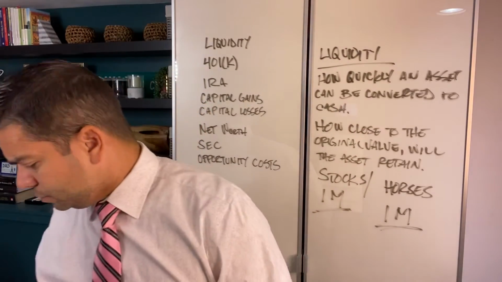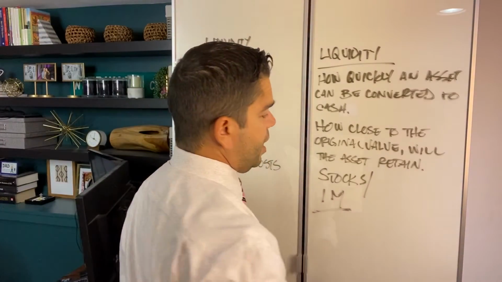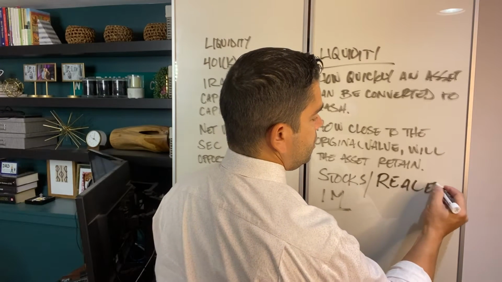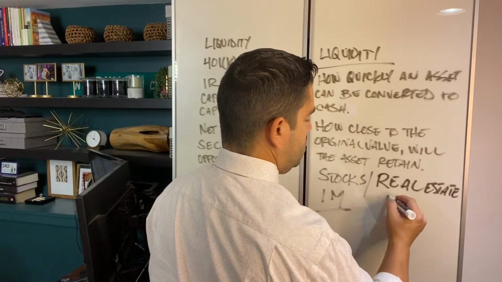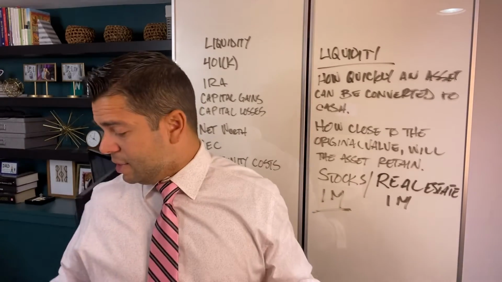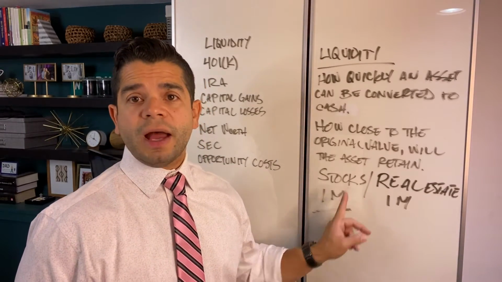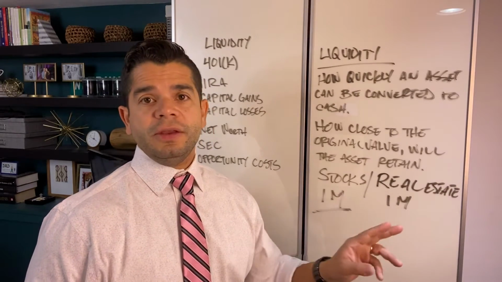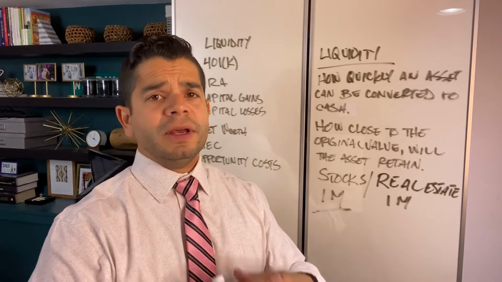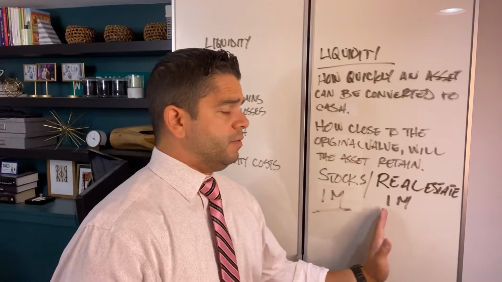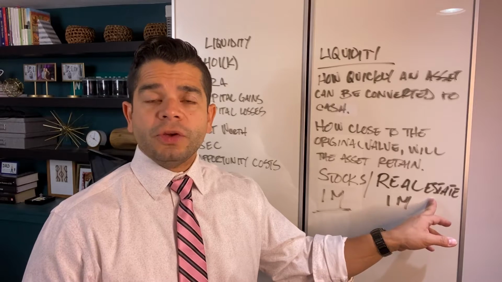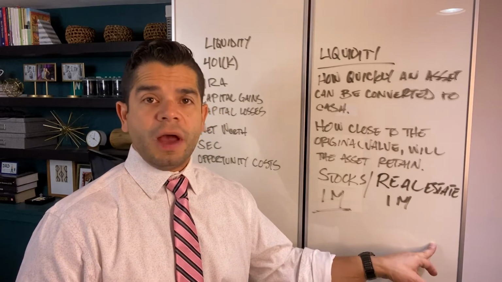Another example of an asset would be, let's say you have $1 million in real estate, in property. Again, with a couple clicks, you're going to be able to convert your stocks from stock to cash pretty quickly. With real estate, you're going to have to involve the brokers, the attorneys, appraisals, closings, title companies. All of those individual parties are going to push this process out. And when it's said and done, the buyer may negotiate lower down on the price of the real estate.